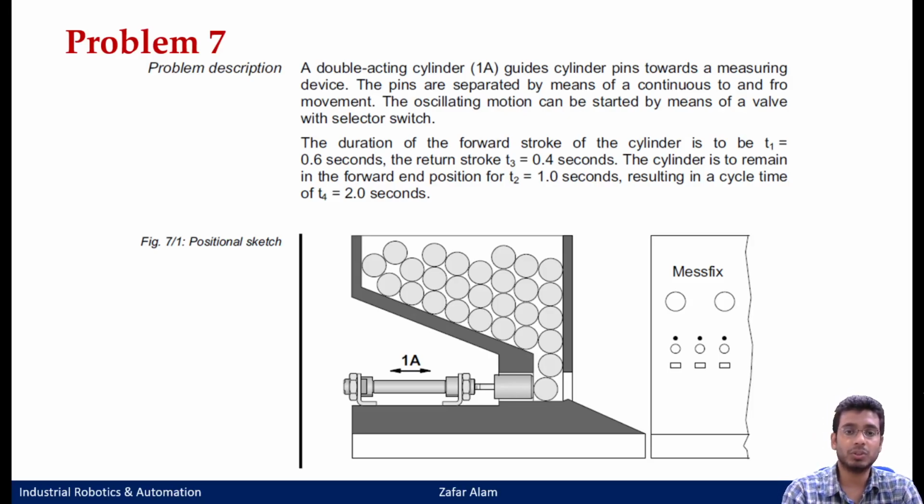So good, first try to do this. One more thing: you also have to detect the end position, because only once the cylinder has extended will the time delay take place. So there has to be something to detect your end position. That means we would be requiring a roller valve also.